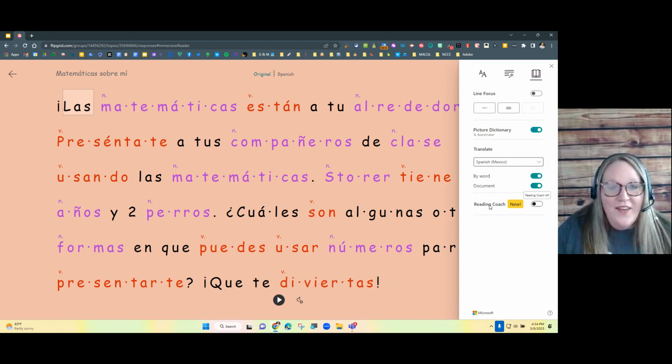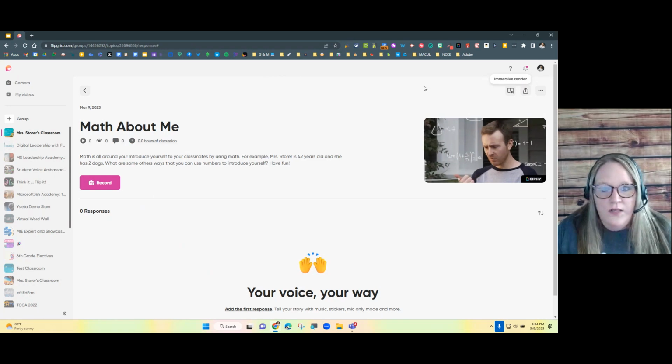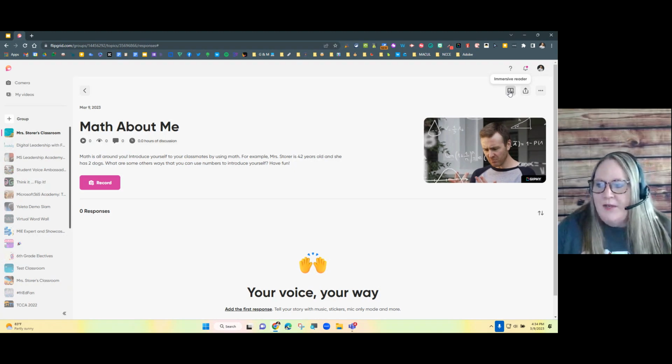This is brand new. I have not dived into how this works in Immersive Reader. Stephen, have you checked this out yet? I have. It will then turn on and it will work the same way as Reading Coach or Reading Progress works within Microsoft Teams. It would listen to the student. Very cool. Awesome. Love that it's built in there. So that's Immersive Reader. It's built in to Flip. So if the student ever sees that icon, just let them know that's how they can get to it.